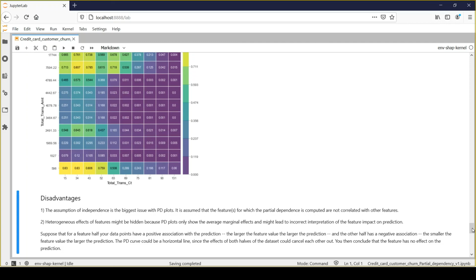So we need to be aware of those assumptions, and while using this tool, we need to make sure that all the feature values are independent, not correlated, because otherwise it will provide some incorrect information or you will conclude something incorrectly, right? So you need to be aware of those aspects also. It has several other disadvantages, but those are not very critical. But yes, the assumption around independence is one of the critical assumptions which the partial dependency plot makes, and it's not suitable for all problem statements.